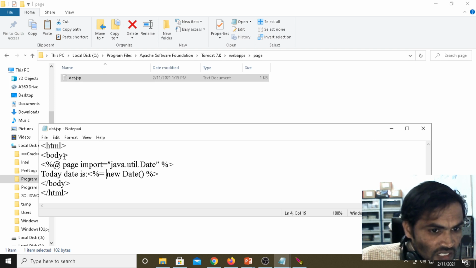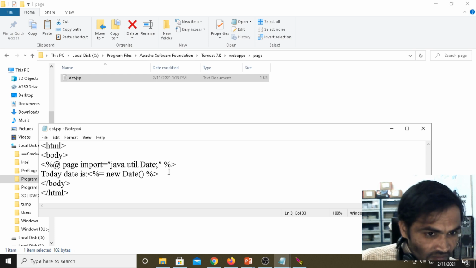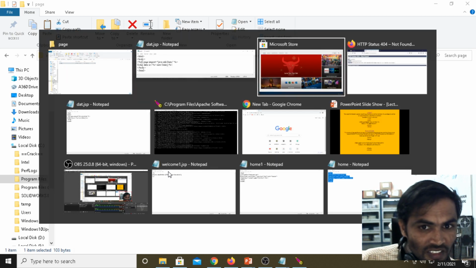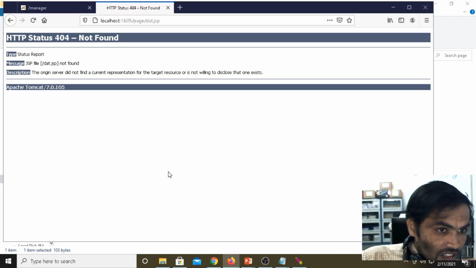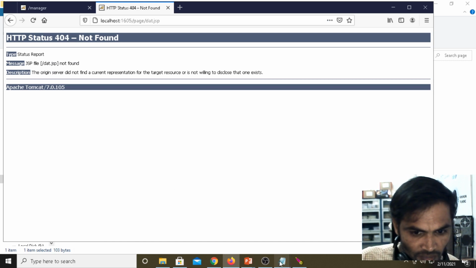If you are properly following the syntax, it will work. Semicolon. When you are importing the package, what happened?